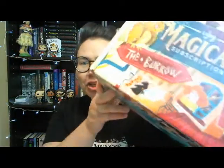This is a seasonal box, and it's put on by LitJoy obviously, but it's all themed around Harry Potter, and this month's theme is the burrow. Let's just take a minute to look at this cute box